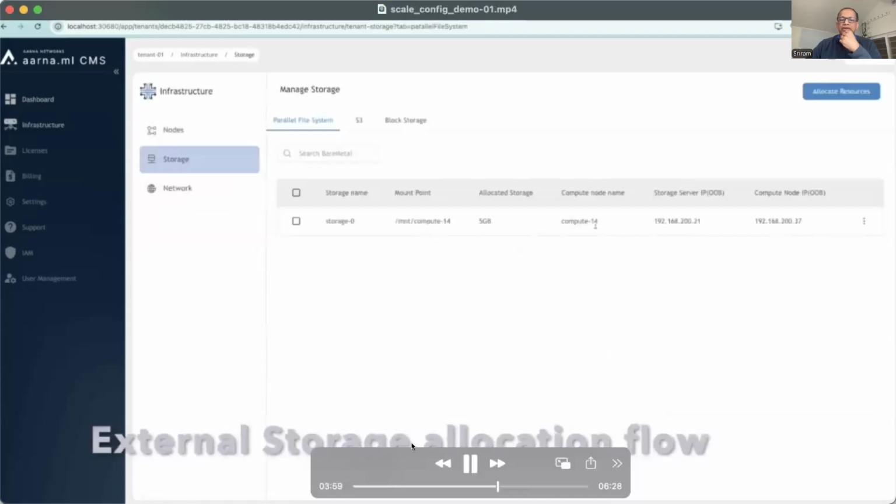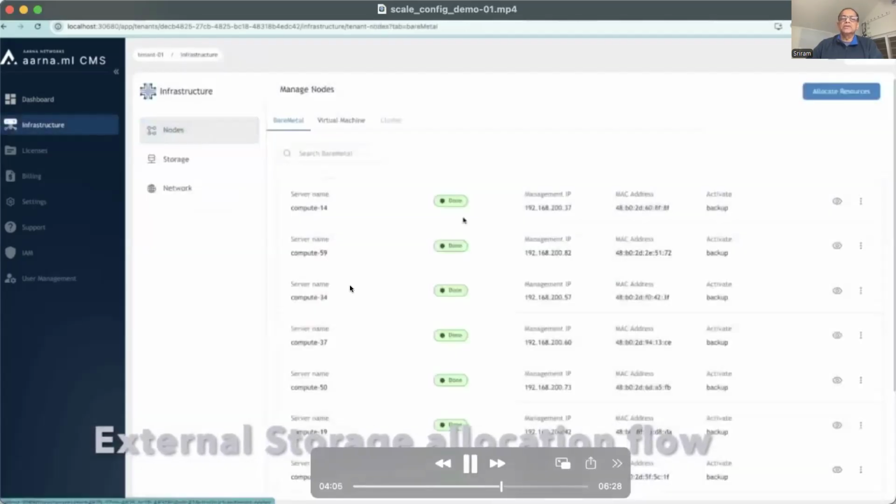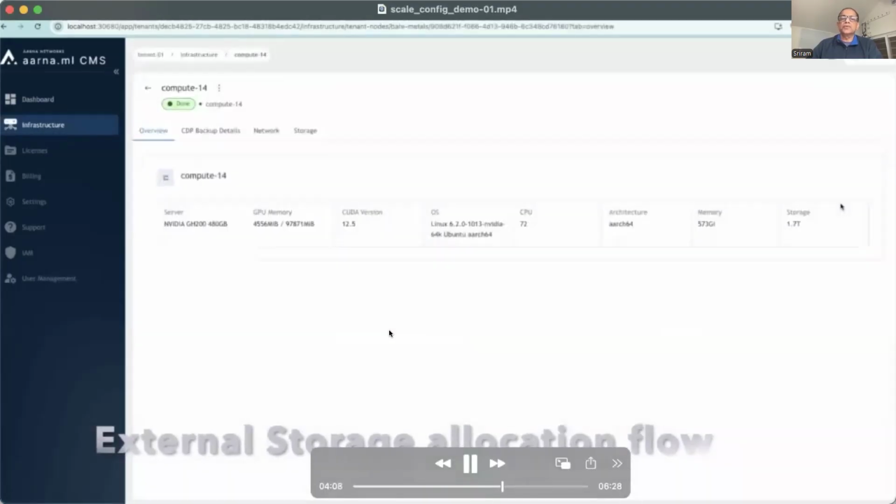So now the storage is allocated, and that's associated with a compute. So you can see that that storage is allocated for this compute node.